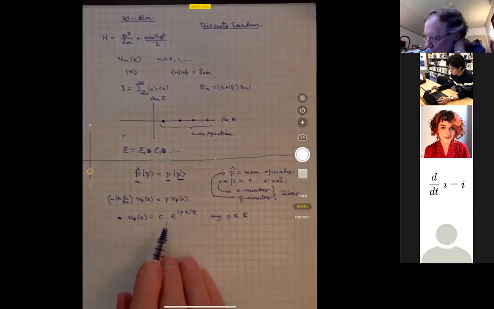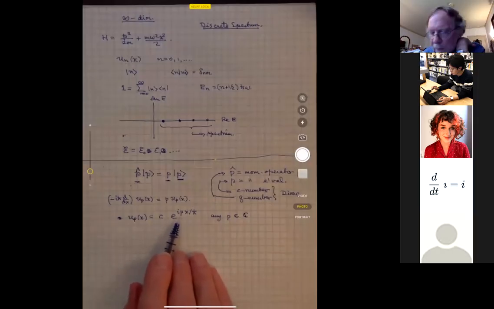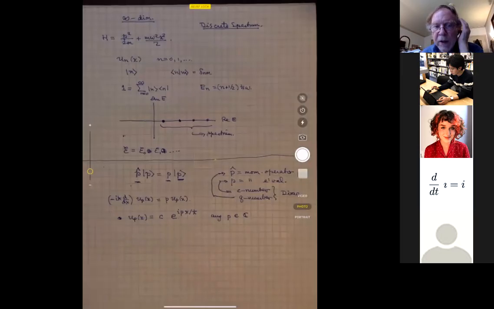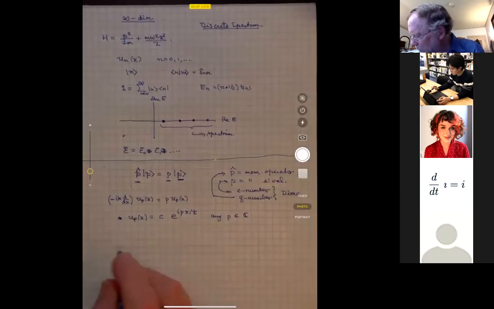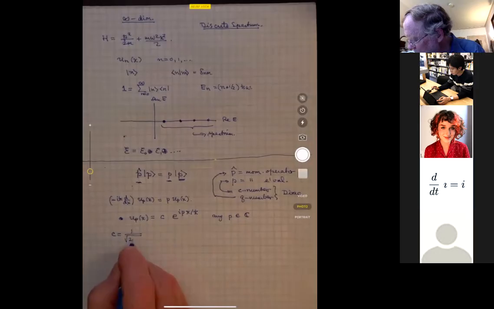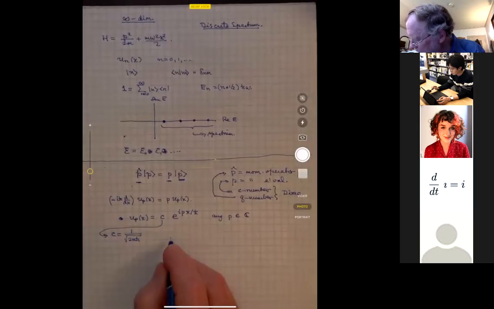On the other hand, if we look at the case where the momentum is real, and remember in finite dimensions for a Hermitian operator the eigenvalues are real, it turns out that the wave functions or the states have some properties that are generalizations of what we saw in finite dimensions. So in particular, let's choose the normalization constant to be 1 over the square root of 2 pi h bar, because if we do that, and then we compute the